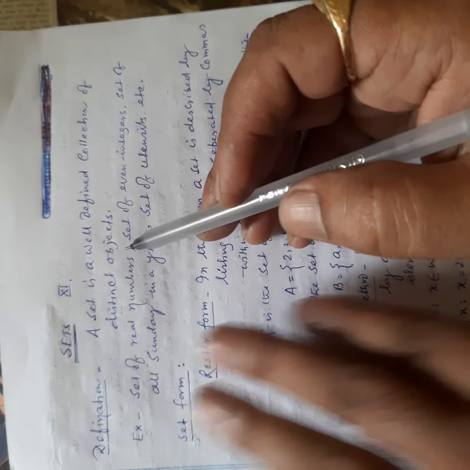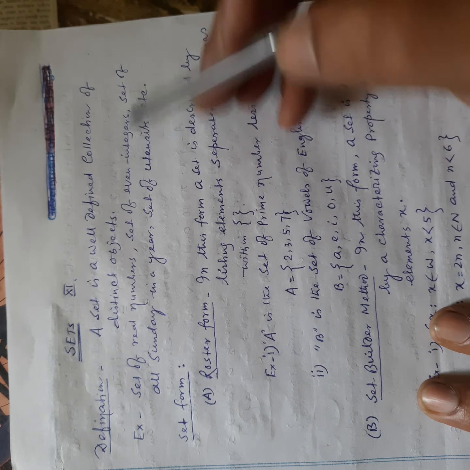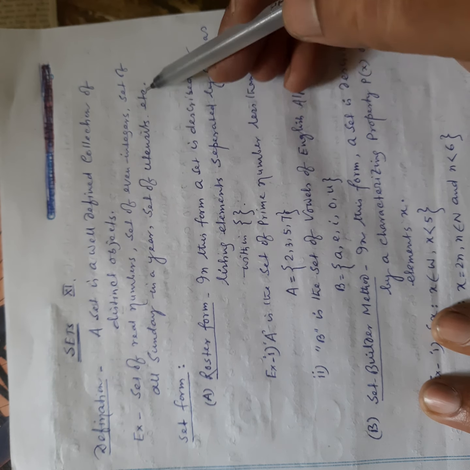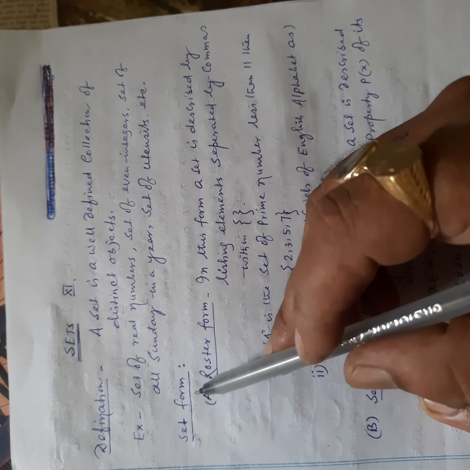distinct objects, that is, set of real numbers, set of even integers, set of all Sundays in a year, set of utensils, etc. Set forms: